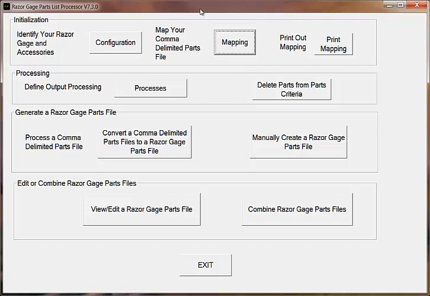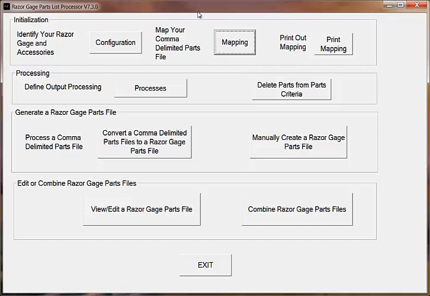So this is where you take the RZG file that you get from Planet and you convert it to the file that can be opened on your RazorGage Autolist software. And this is different than the HAU files that also are output by Planet, which are used for doing the notches in the beaded face frame. So first, the parts get cut to length using the RZG file, and then second, they get haunched using the HAU files. But at the beginning of the whole process is converting the RZG file to the RDB file, the